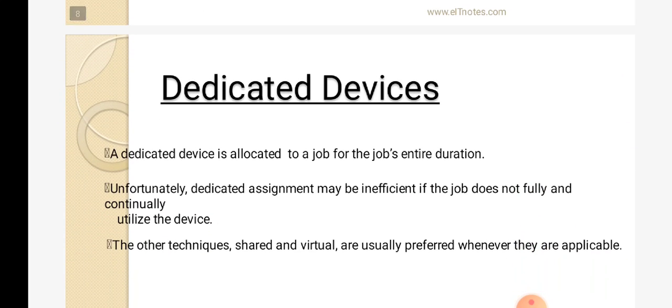So let us understand dedicated devices. The term dedicated implies its meaning. Dedication means more involvement. That is, the device is going to offer some services, isn't it?